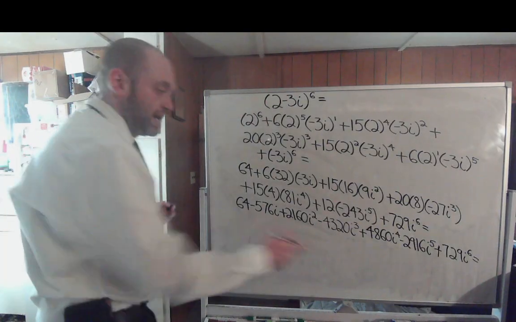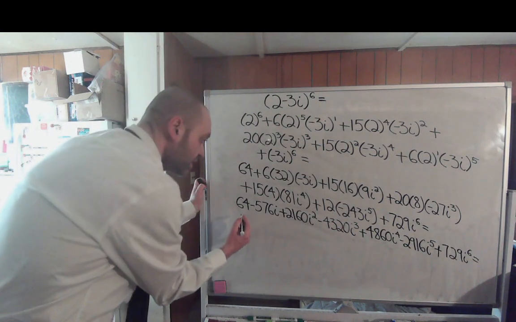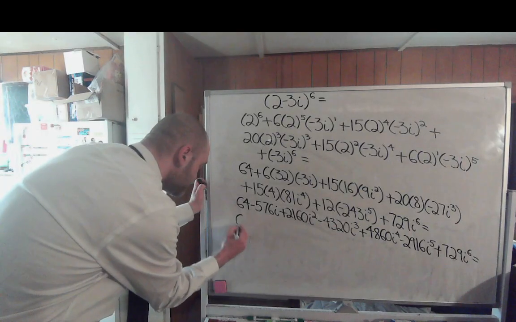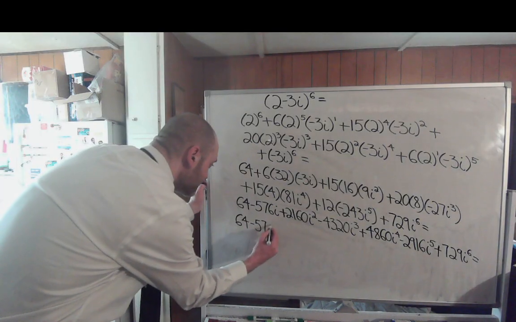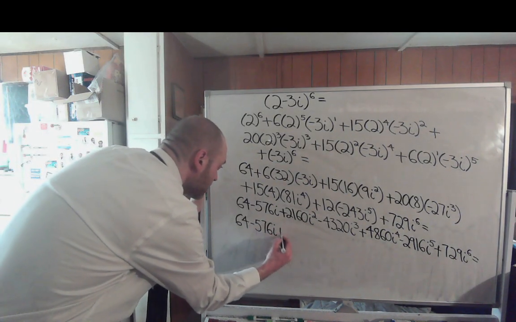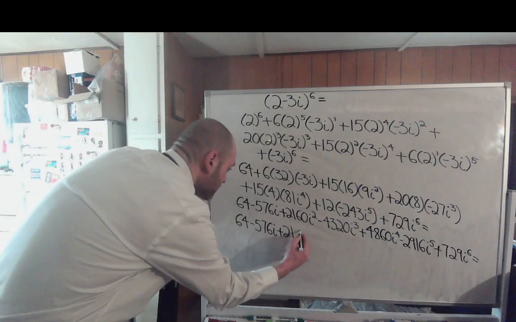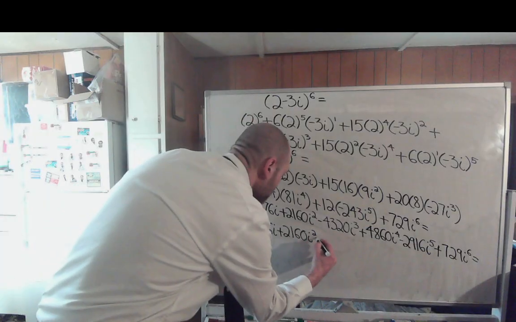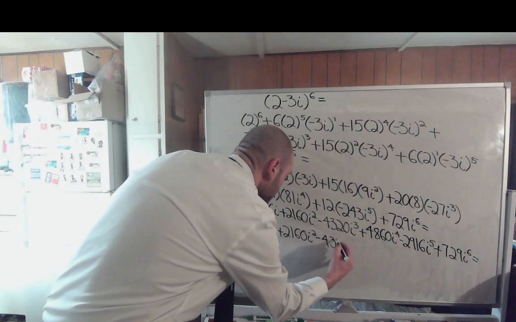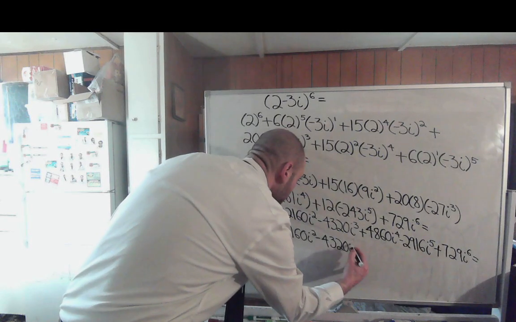So that's going to behave like i to the first, right? So this would turn into 64 minus 576i plus 2,160i squared minus 4,320i to the third